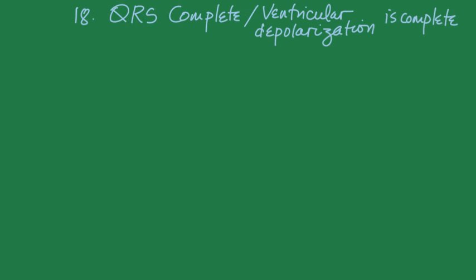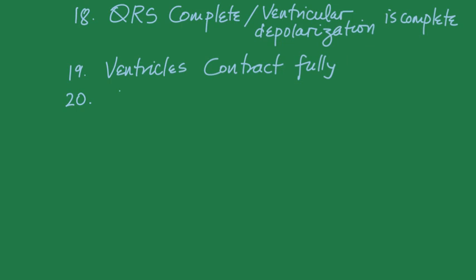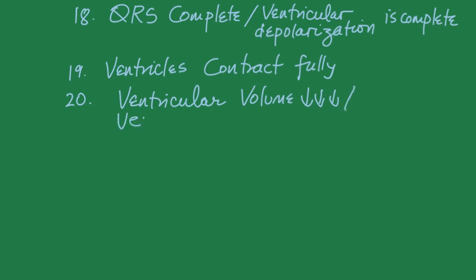So ventricles contract fully. The fully is important because it has an effect on ventricular volume. Ventricular volume decreases greatly because the ventricles contract fully, there's no space, so ventricular volume decreases greatly, which means ventricular